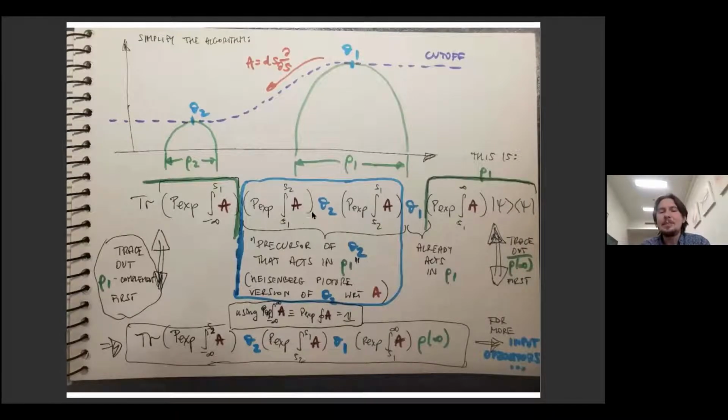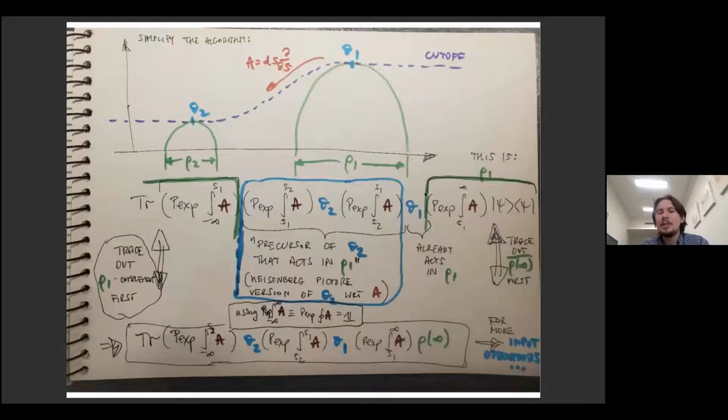So how do I see this? Notice that this expression is an operator that acts on this entanglement wedge. That was my assumption about the inputs for my state. But then it is conjugated by Wilson lines that take this entanglement wedge to this entanglement wedge. So in the end, this thing is really like a rho 1 precursor for something that actually acts over here. I say it's a precursor because it's an operator which has the same action that this operator would have had, but it has that action defined for this to act on the Hilbert space of this little region.